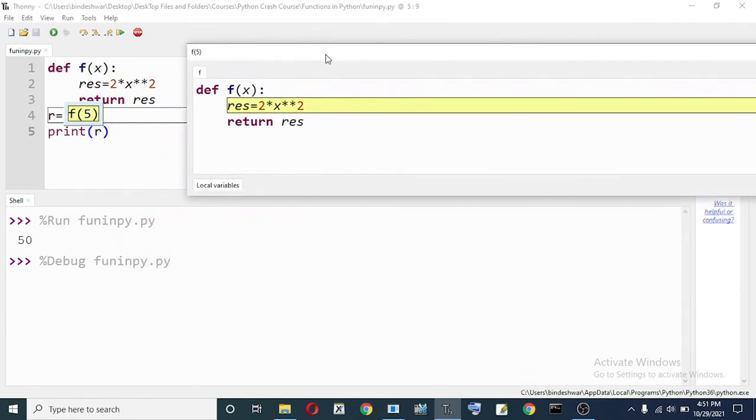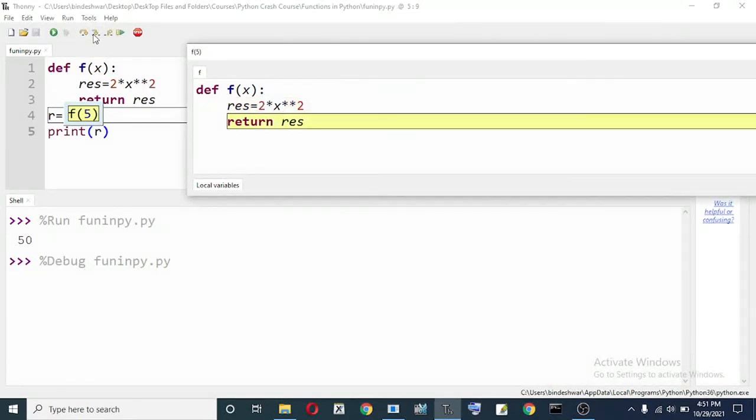Here x is referring to 5, so 2 into 5 to the power 2, and res is referring to 50.